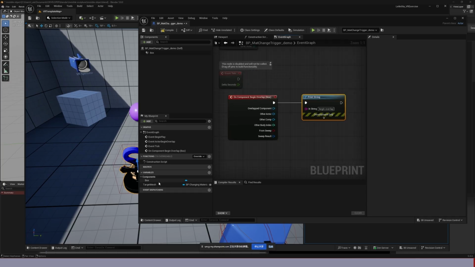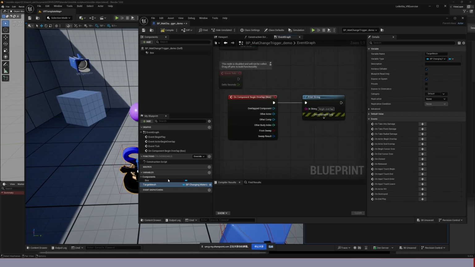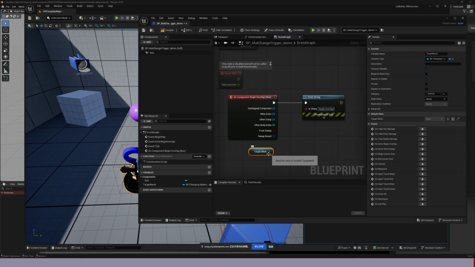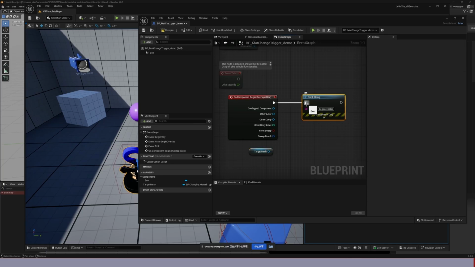Whereas, for example, if I just drag it here, this get function, get target mesh, is just getting the value of the variable, but it's not gonna run by itself unless it's attached to one of the blocks that have a white arrow, and also the white arrow is lit up, which means it's connected by this trigger,